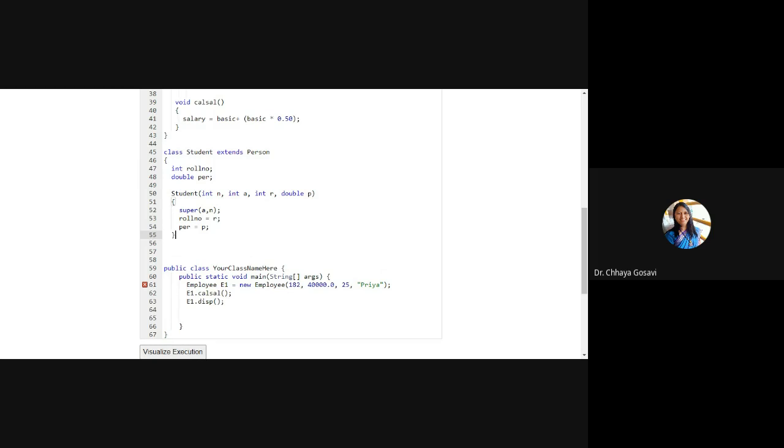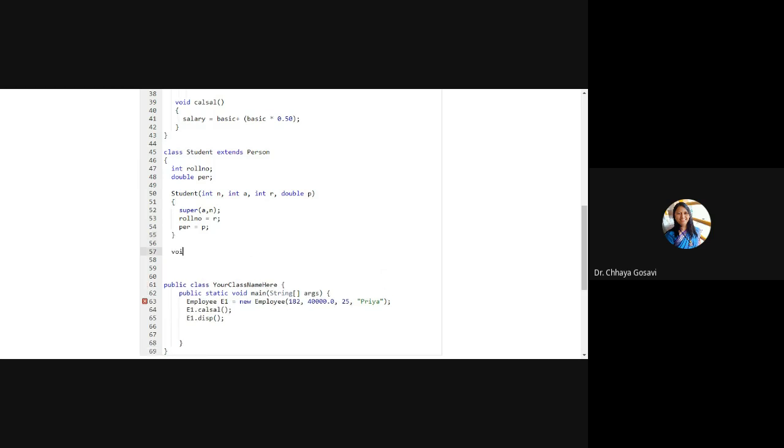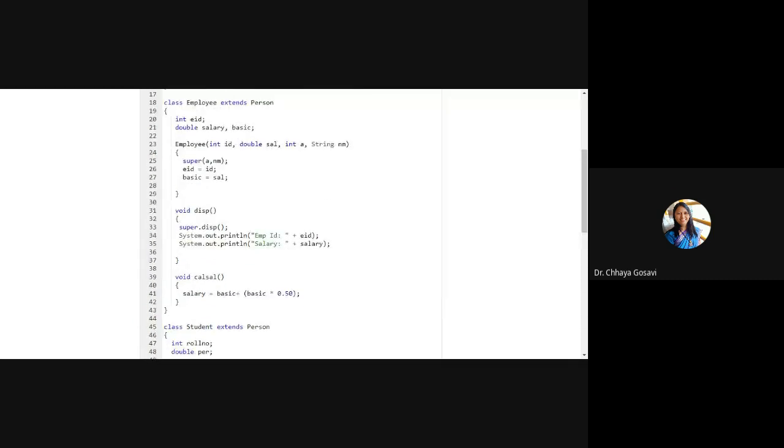And what shall be the method for the student class? Here I am again using a display method, an overloaded display method. It will display the mark sheet of a student: name, age, roll number and percentage.